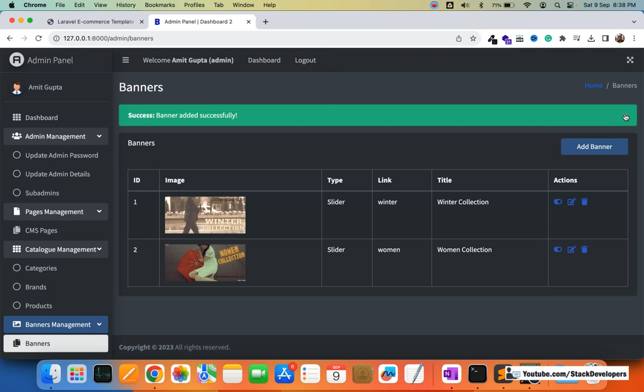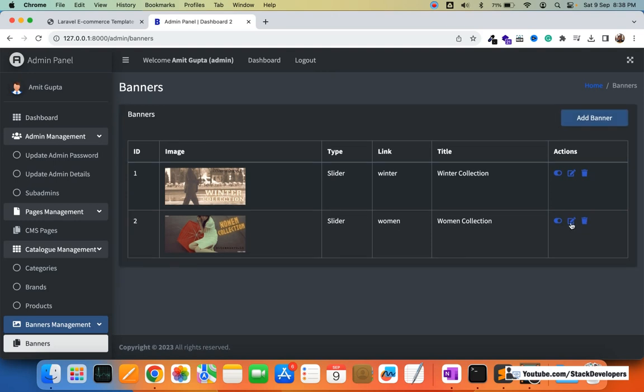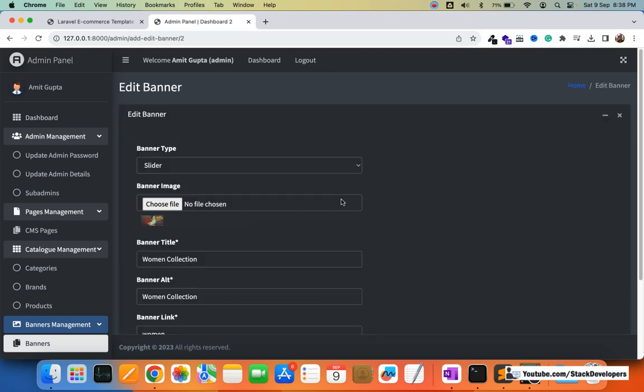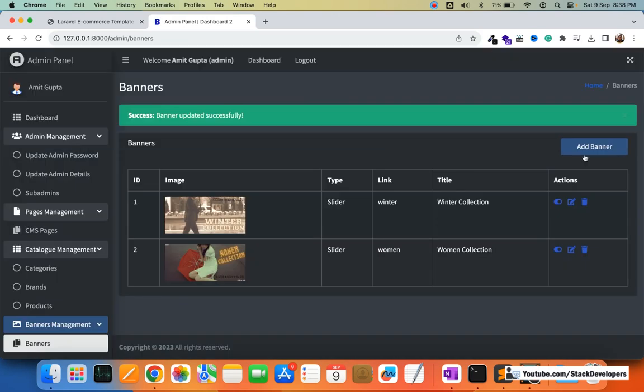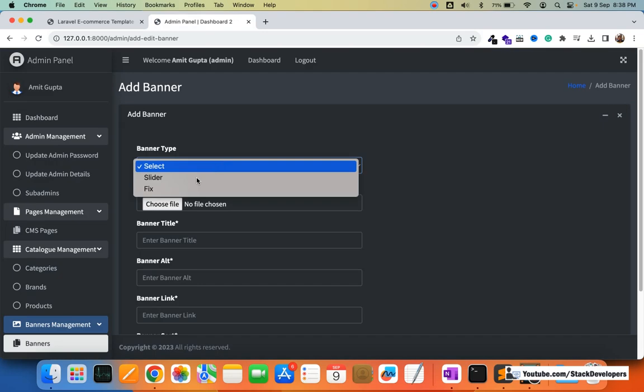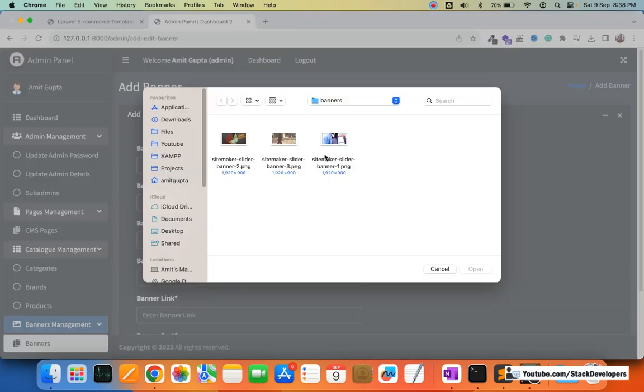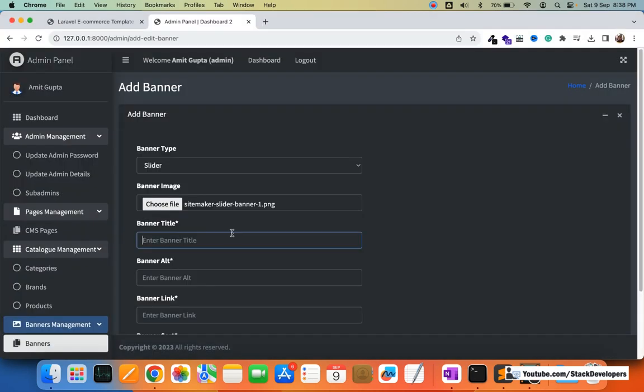fine, and one more we are going to add, and this time I'm going to try to leave it empty. Okay, let's see, if we click on submit like this, then what will happen? See, it's working fine this time. Okay, so another one we are going to add, slider, and this time the last one, this one, t-shirt collection,